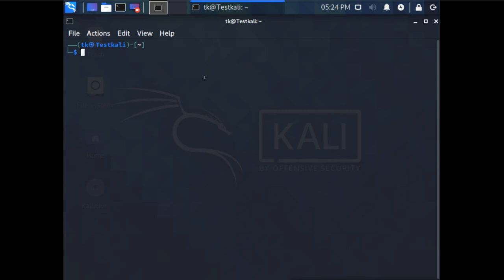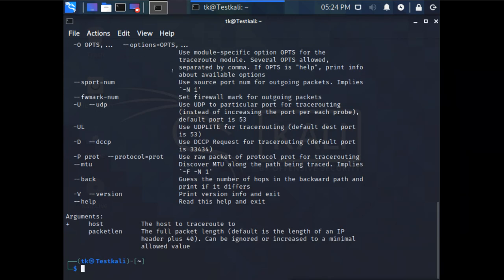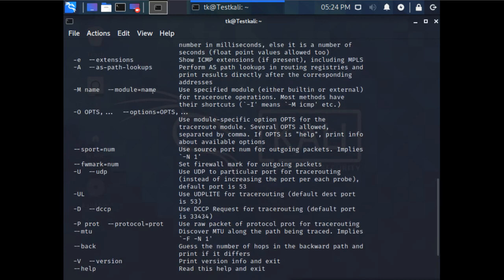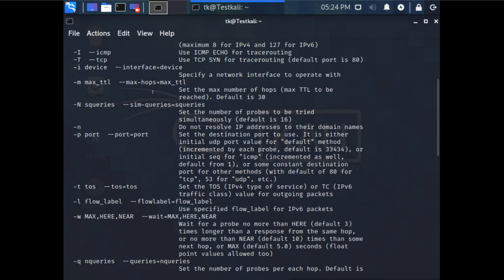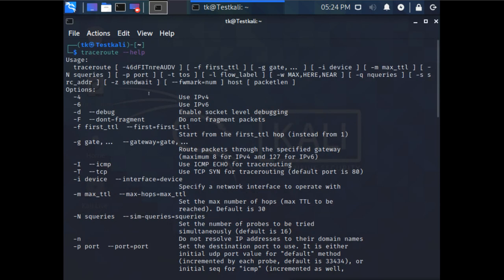Here, if you check the help, these are some extra options you have. You will have one more option which is also important, and that is this option, -T.